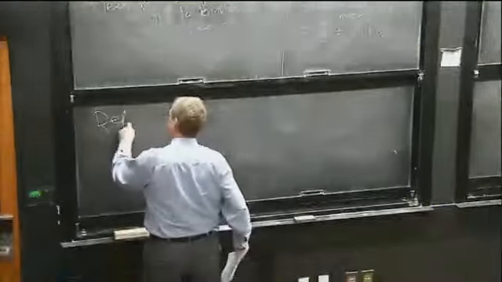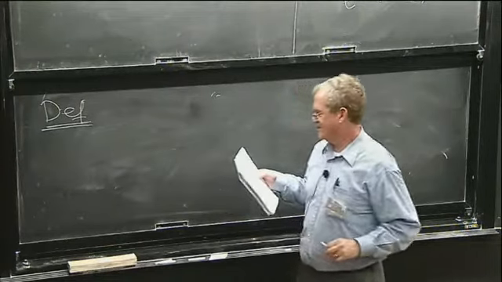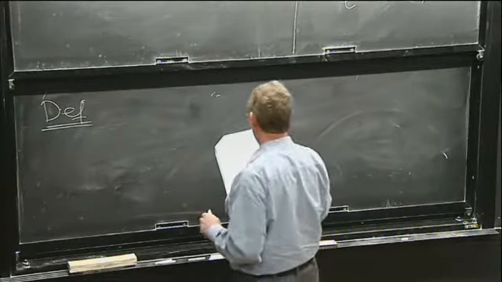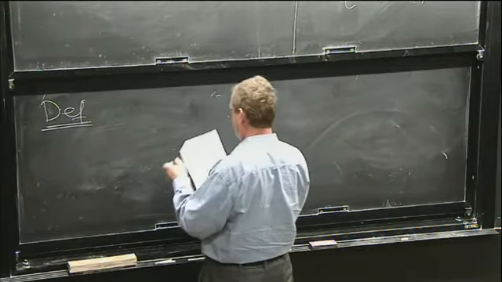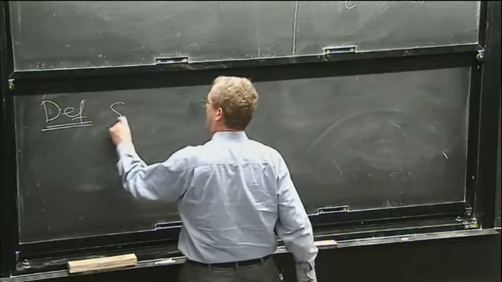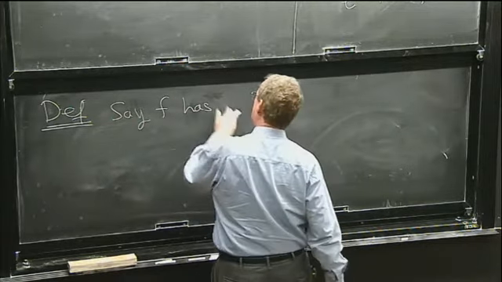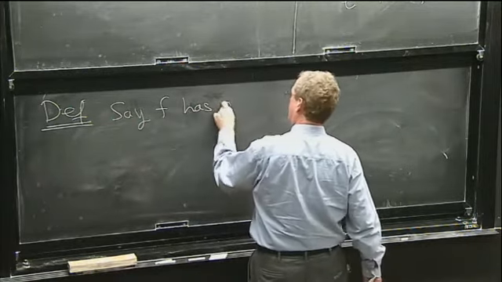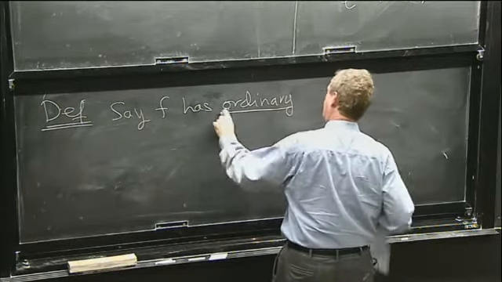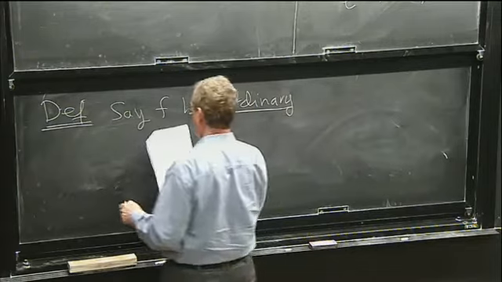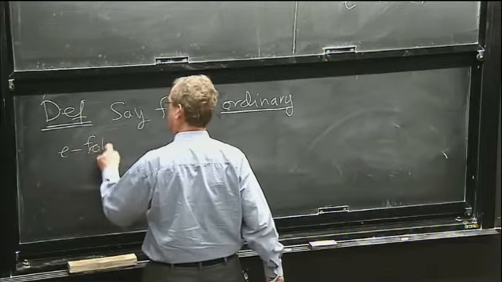This is certainly the official notation for curves, but I'm going to use this notation. I'm not sure this is completely standard in higher dimensions. So we'll say that f has an ordinary e-fold point, an ordinary singular point of multiplicity e,